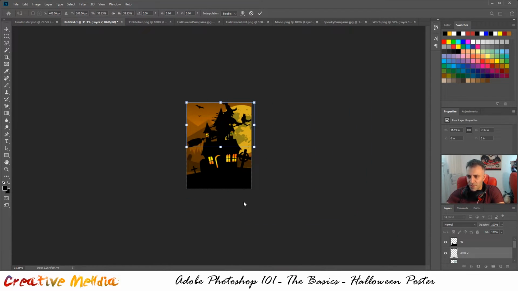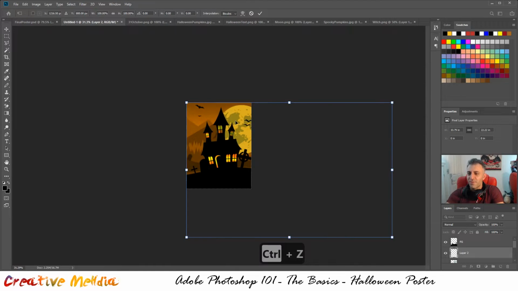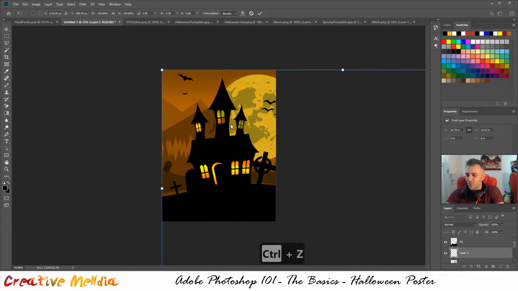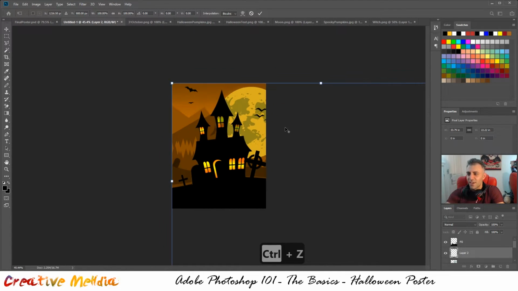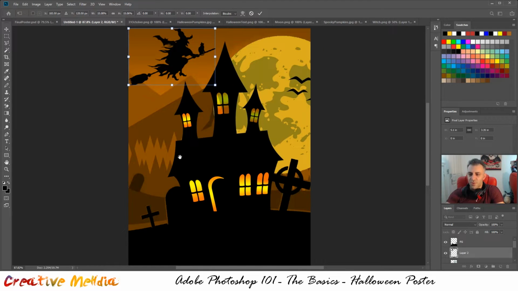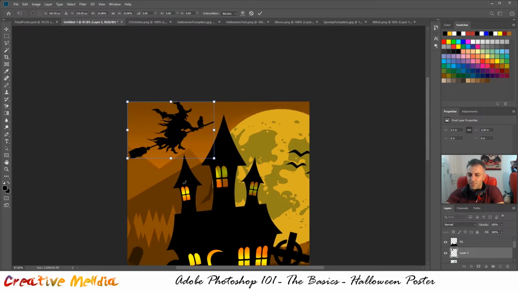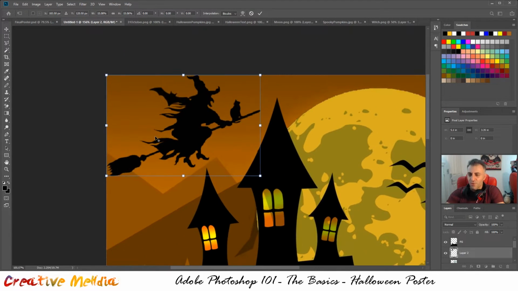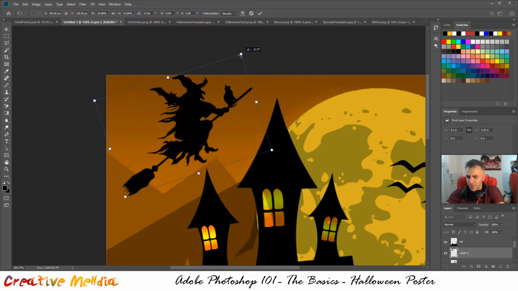So if I reduce her, she's already there. So again, if this happened, you keep pressing Control V and nothing happens. It has copied. You just cannot see it. Press Control T. Hold Shift, resize it. Space to pan, Alt to zoom in. And then,